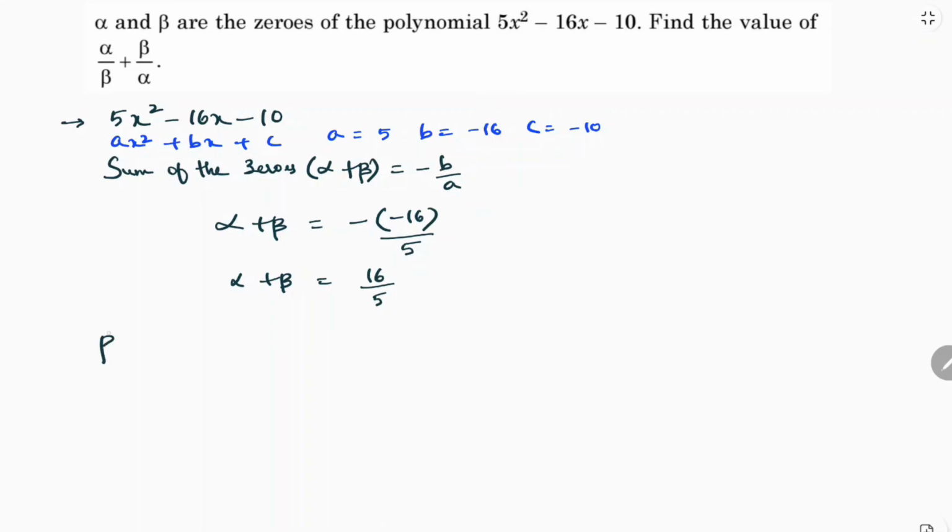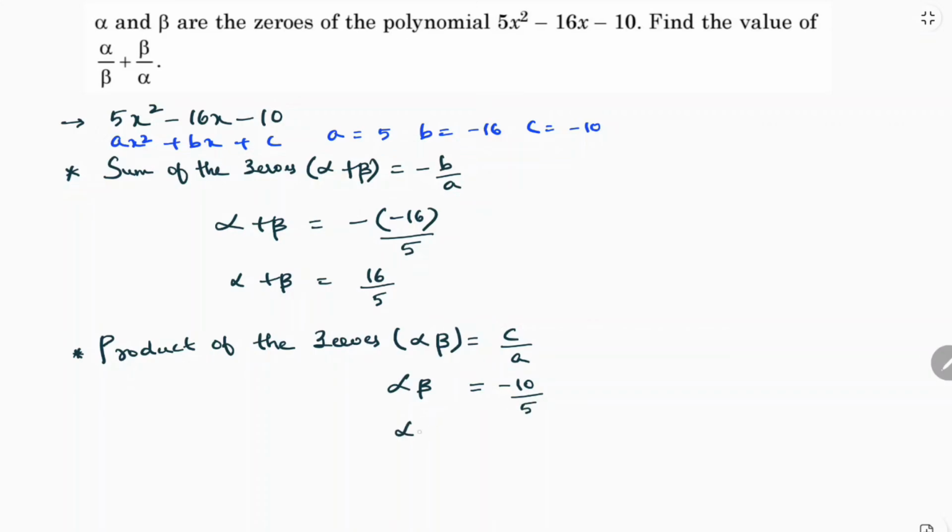Now I'll calculate the product of the zeros. Alpha into beta. The formula is c by a. So the c value is −10, a is 5. So alpha into beta is −2. Now I need to find alpha by beta